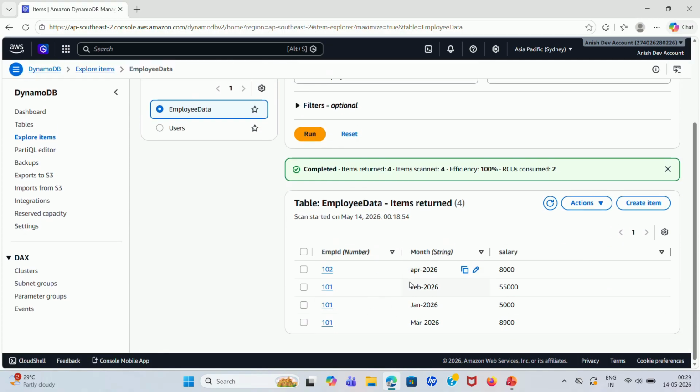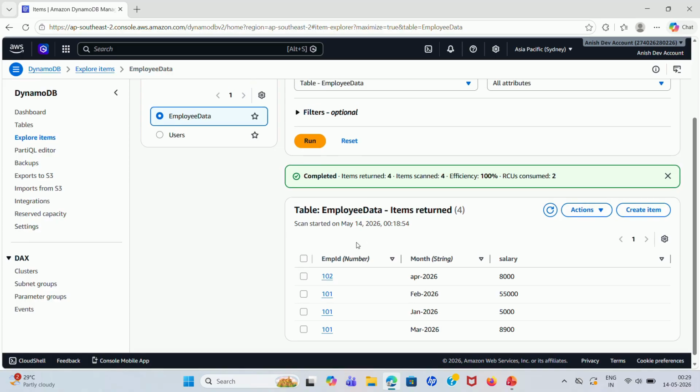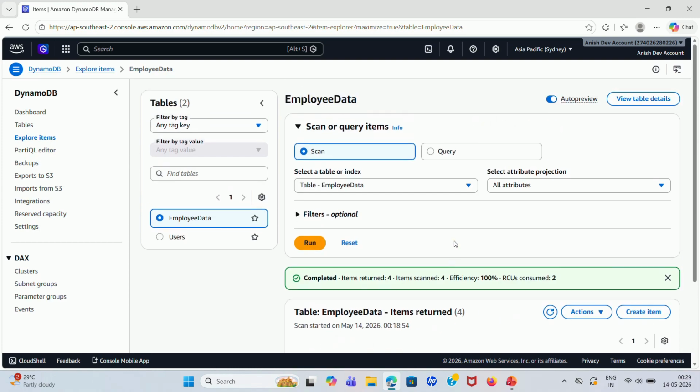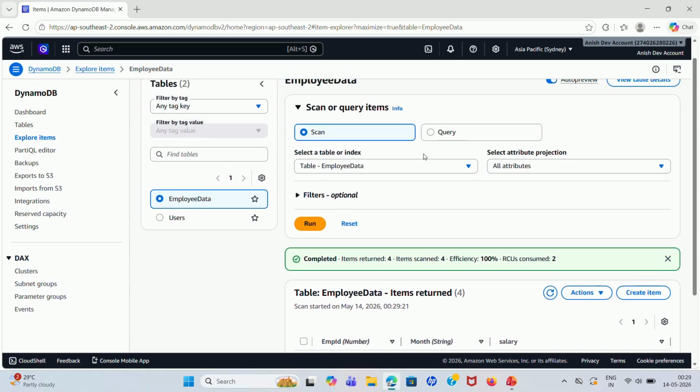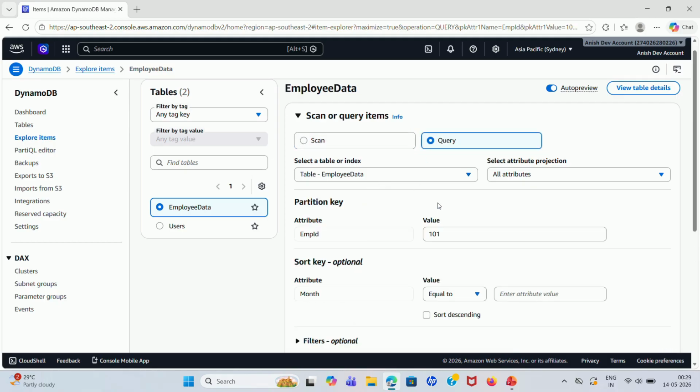If I go to explore items, see here, these are the data which we have. As discussed previously, employee ID is the partition key and month is the sort key, which is optional. Here it is set to scan, and the selected attributes projection is all attributes. If I click on run, see here, it is getting all the data in the table employee data. Okay, then if I go for the query,